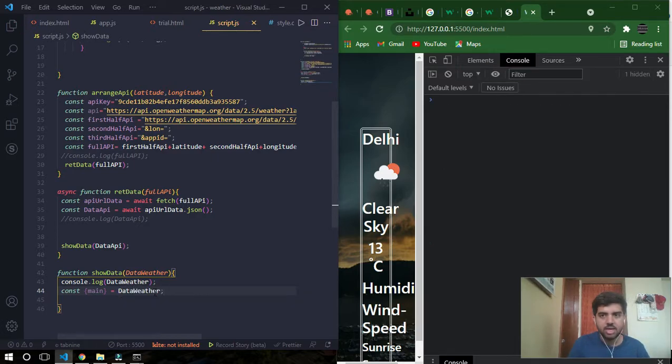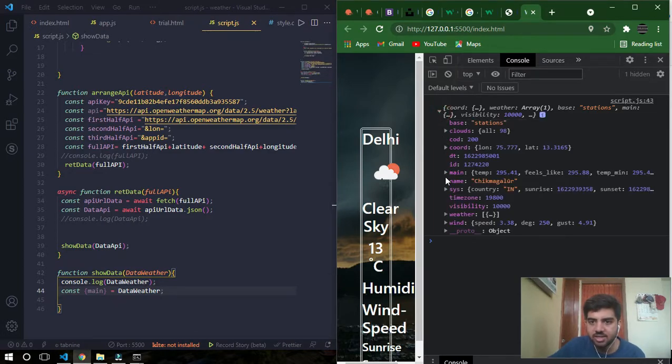I guess you know what I told. So if you need an object which is inside the main JavaScript object, you need to declare an object with the same name whose data is here, and you are retrieving it from the JSON object.